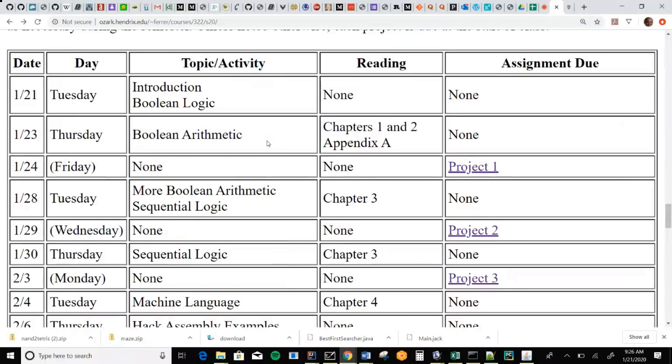But then what we're going to go to from there is building what's called an ALU, an arithmetic logic unit. An ALU is the part of the CPU that does all the math. And once we've completed that ALU in chapter 2, we'll actually be, believe it or not, about 1/3 of the way done with the CPU. The ALU is a huge chunk of the CPU, actually. And thinking about how we can instruct the CPU to do lots of different operations is really key to getting useful work done with it.